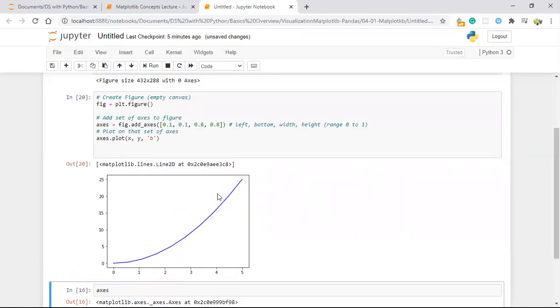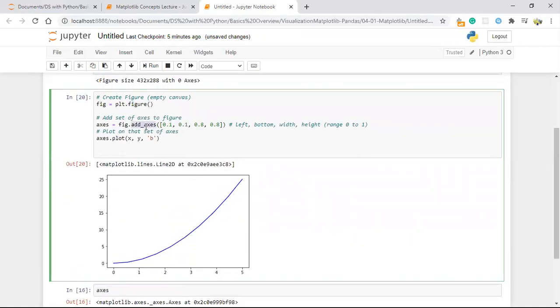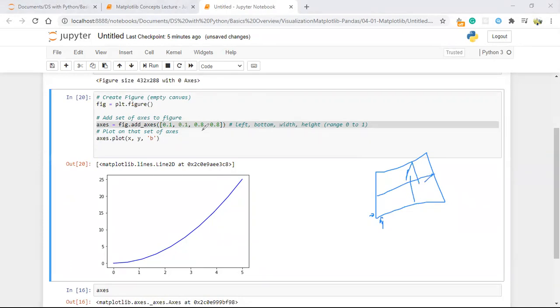Okay. So now add axes, I will explain what this add axes is. See, add axes is something used to make a plot like this. This will tell the left direction, this will tell the bottom direction, and this will tell the width, and the last one will tell the height. So always this range must be 0 to 1. I know you guys still have not understood what this add axes is. Wait, I will give one more example so you can understand.